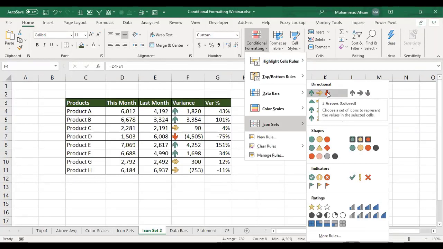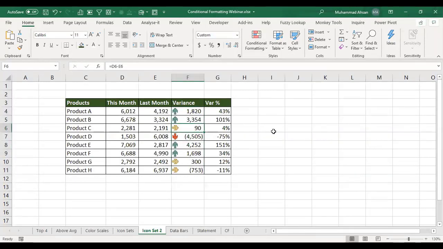When I click on it, as you can see, in some of the positive variances it shows me a green arrow upwards. But in some of the positive or negative variances, it's also showing me a yellow arrow. That yellow arrow is not relevant here because the variance is either positive or negative, and we just want to eliminate the yellow arrow and have just green or red.